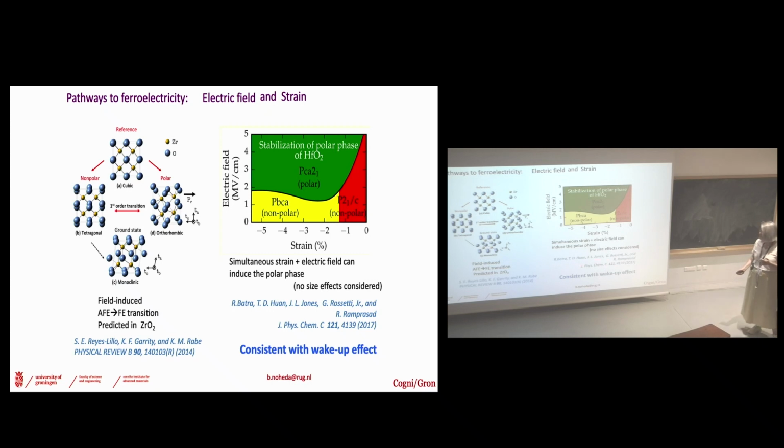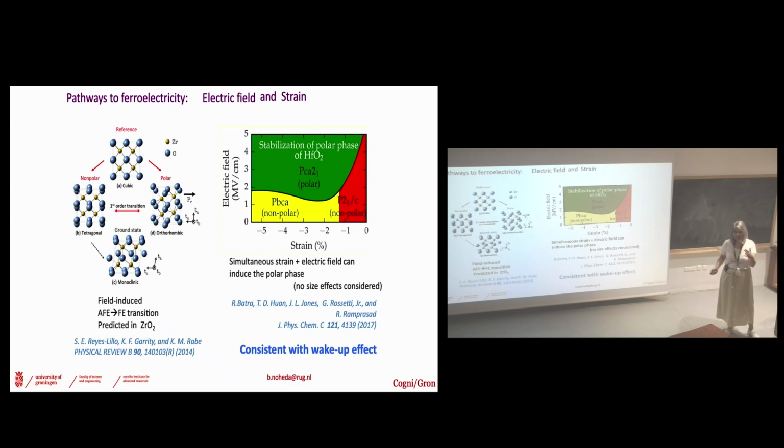These strategies are actually consistent with the fact, which I didn't mention yet, that in the ferroelectricity of this material we have what is called the wake-up effect. This is something we didn't hear before hafnia. In classical ferroelectrics, no one was talking about a wake-up effect. You know that the first cycle is always weird. You make a first cycle, a second cycle, but it's normal, the dipoles need to rearrange. But then after the third cycle, you just get the same polarization. And then you look at the fatigue, and the fatigue of the material requires 10 to the 6th cycles or whatever. But here there is really what is called a wake-up effect, which is unique to hafnia,